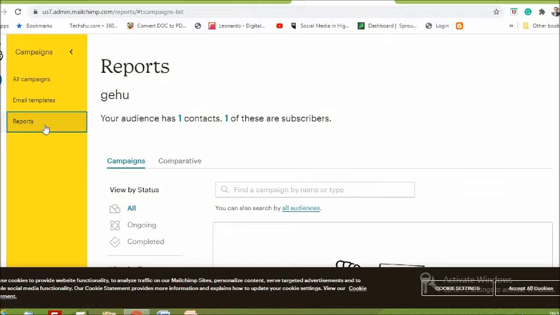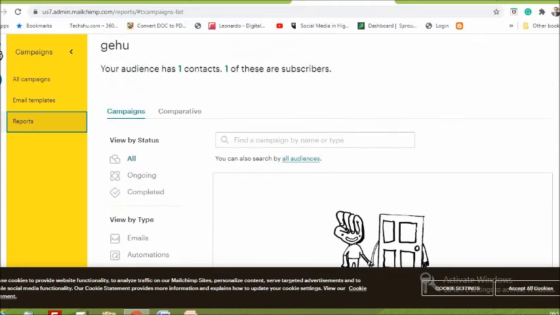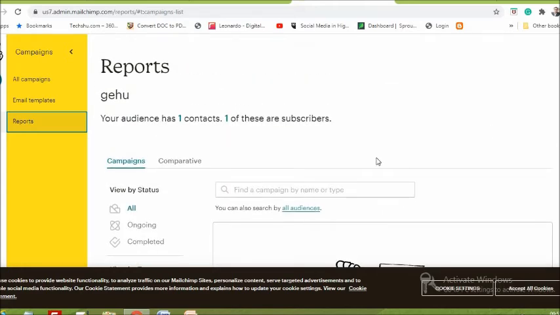So for the reports, we need to have a campaign at least, an email marketing campaign, and for that campaign we need to add some email contacts in our database, 4, 5, 6, 10.